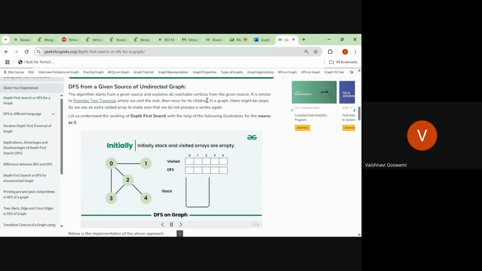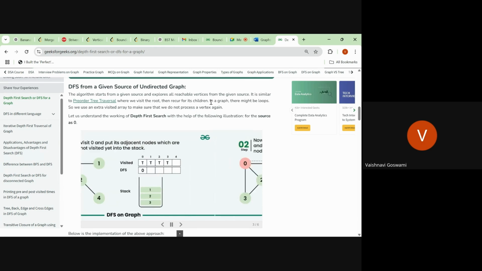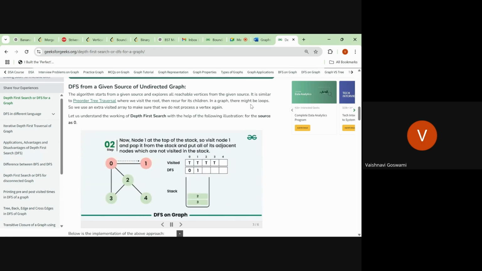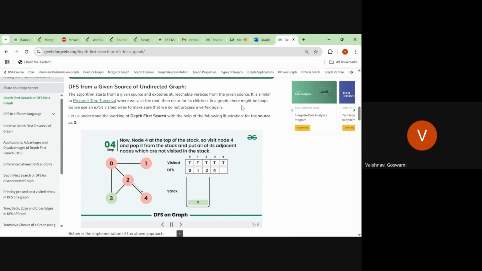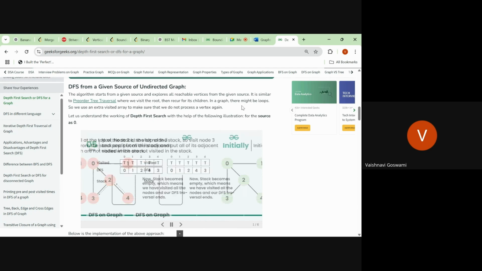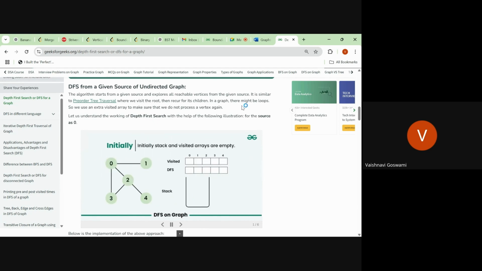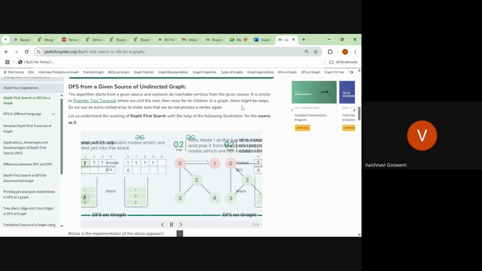So we will do a for loop for all of them. We will traverse all of them. It is saying that in a graph there might be loops, so we need to take a visited array also. Like in trees, this loop was not possible. If you go to the left or right children of one node, it cannot be a child of any other node. But in a graph it is possible. So we will keep a visited array to keep track of the nodes which are already visited.